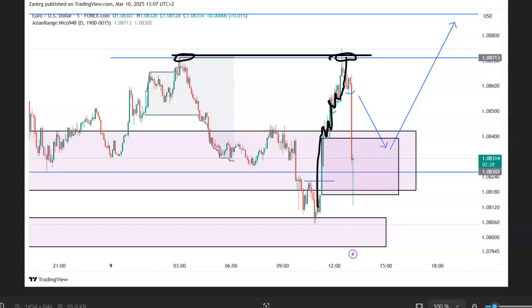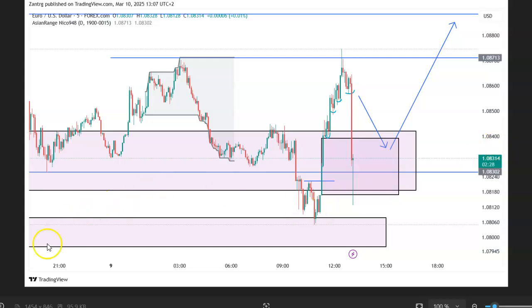And when this liquidity is taken out, we are not interested anymore in potential long trades, even if the price retraces here. So the common pattern you will see when you trade the 5-minute and 15-minute time frames